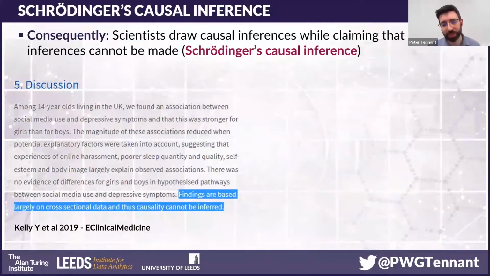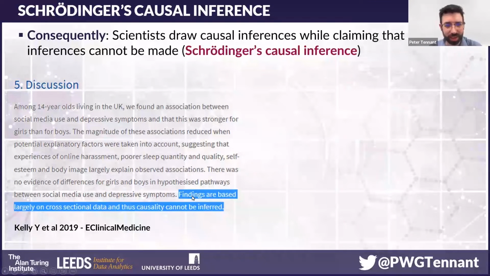And so what tends to happen at the extreme is a wonderful combination of simultaneously saying that causal inferences cannot be made whilst making causal inferences. So we call this Schrodinger's causal inference. It's simultaneously not possible, yet we'll make it nonetheless. And there's an example which I stumbled across on social media a few years ago, I guess because it was